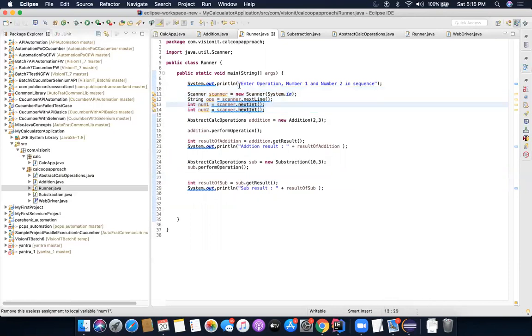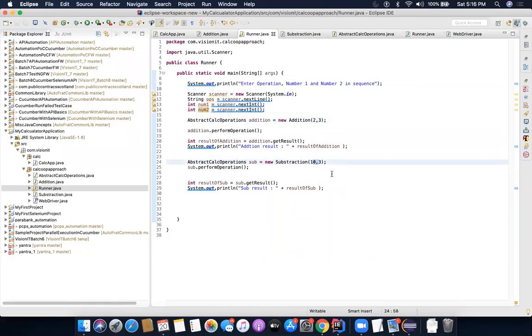Then at the top, I am printing that you need to enter operation, number one, number two in this sequence. And when the user enters these values, we are going to store them in operation, num1, num2. Right now, the program is not that good because no matter what numbers I send, it will always add 2 and 3, and it will also do subtraction.